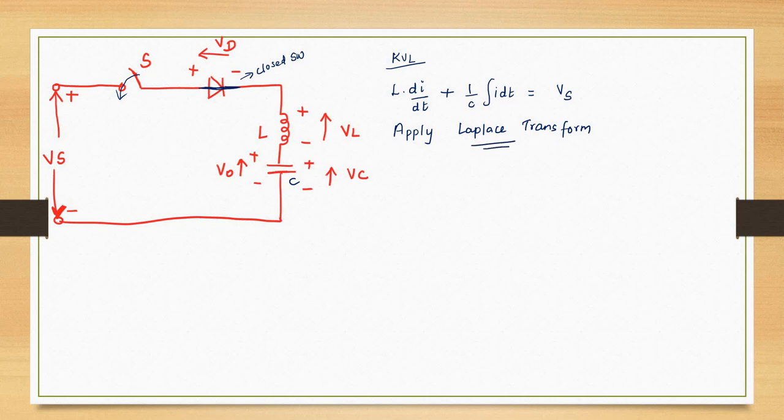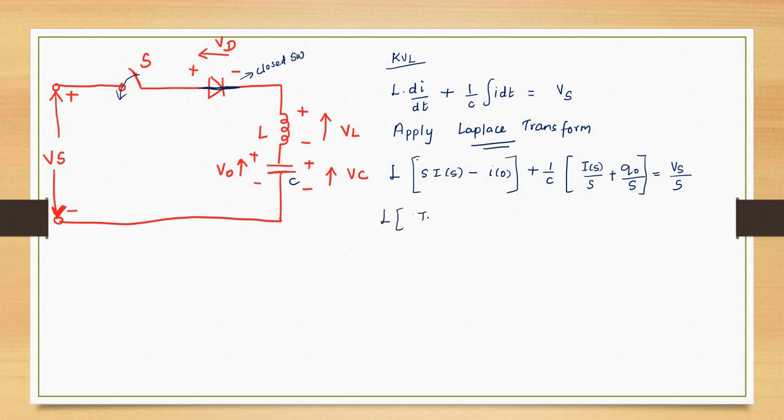We consider the initial condition: L into (S into I of S minus I of 0) plus 1 by C into I of S divided by S, minus of minus, both the voltages are opposing with each other, so Q0 divided by S, that is equal to Vs divided by S. Next,